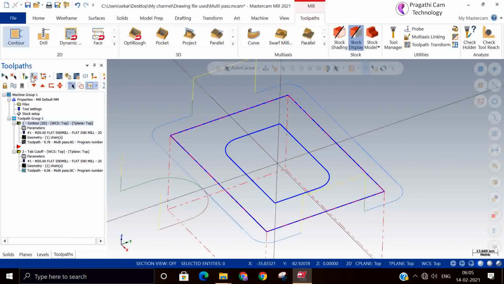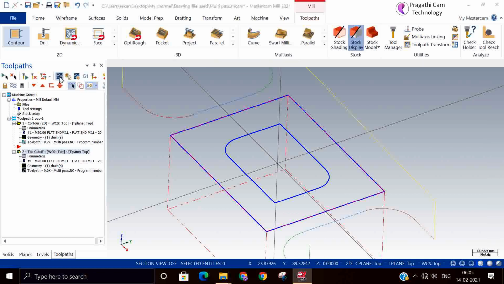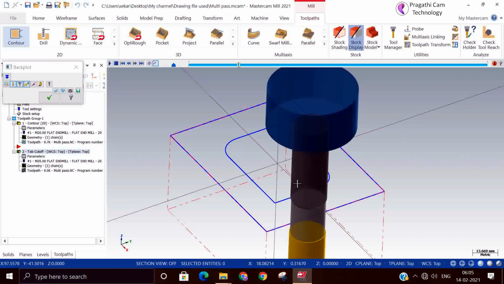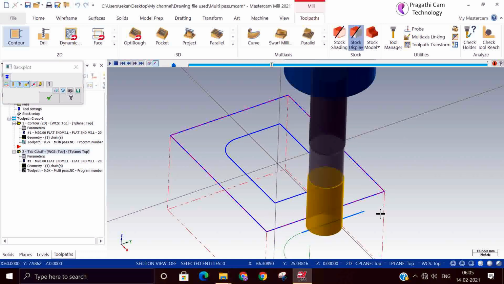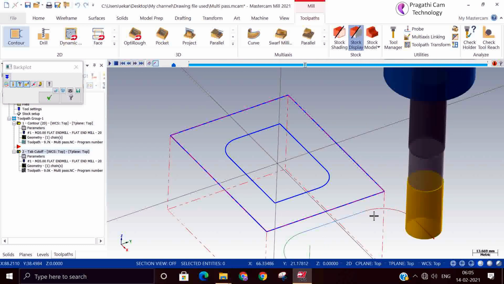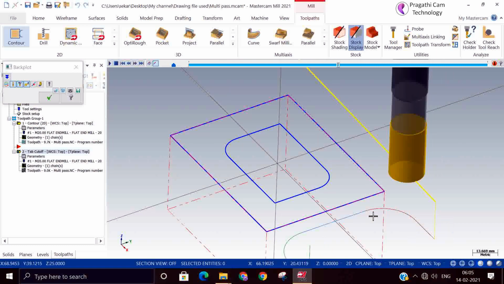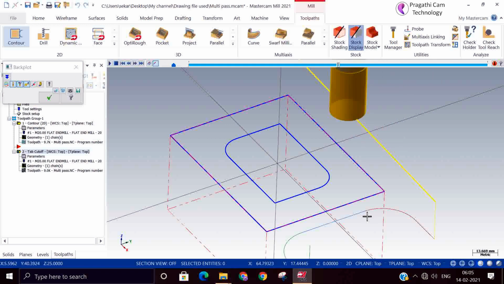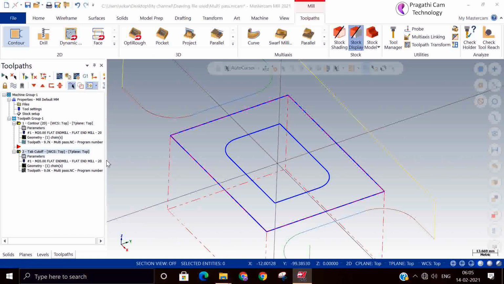We can see here, it has made it. After machining, the tab cut will machine only wherever the tab is left out. So there is no need to make one more new toolpath for removing the tab. Here only you can finish the tab cuts.